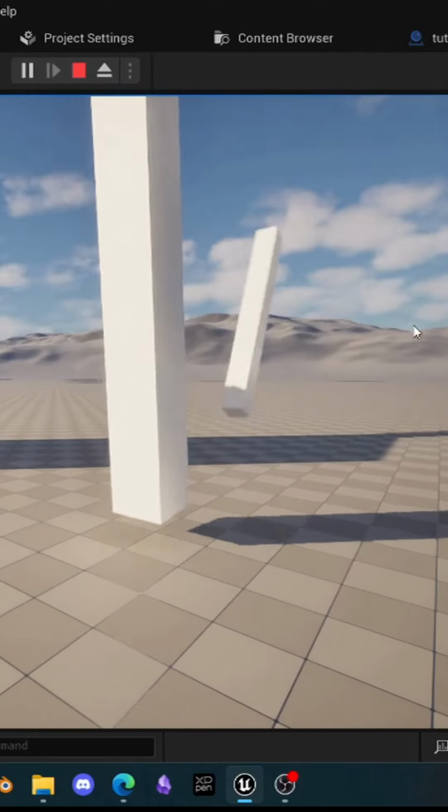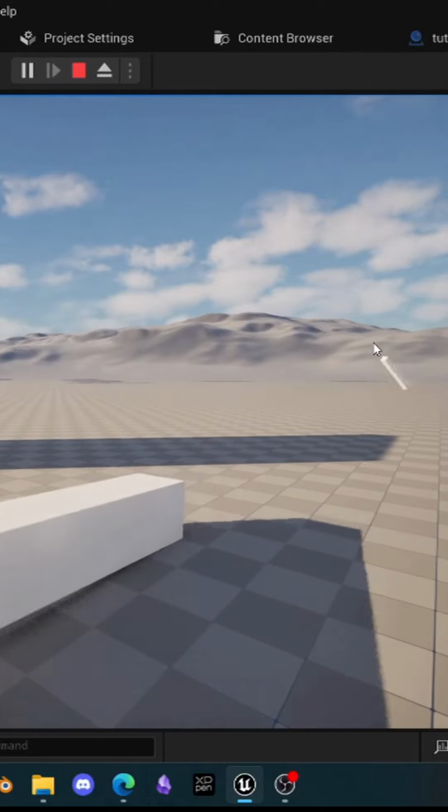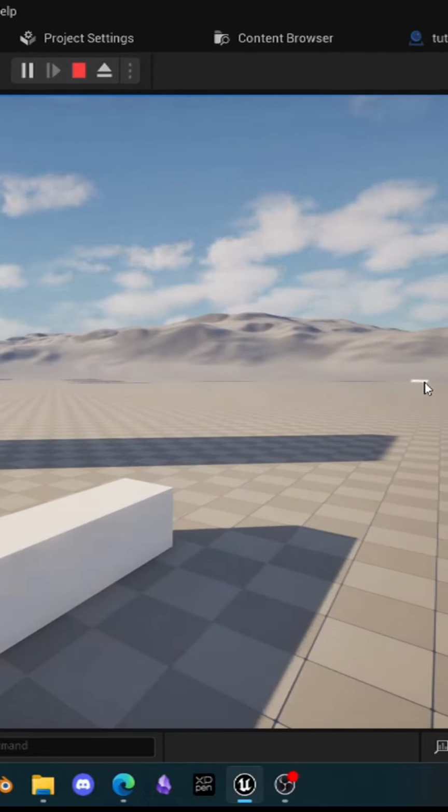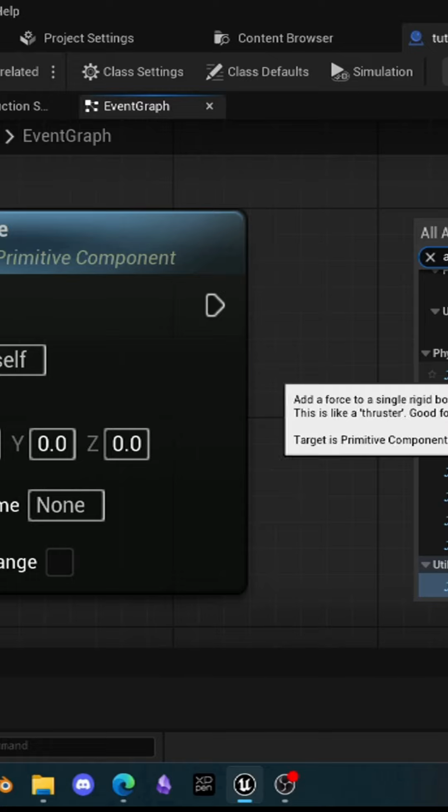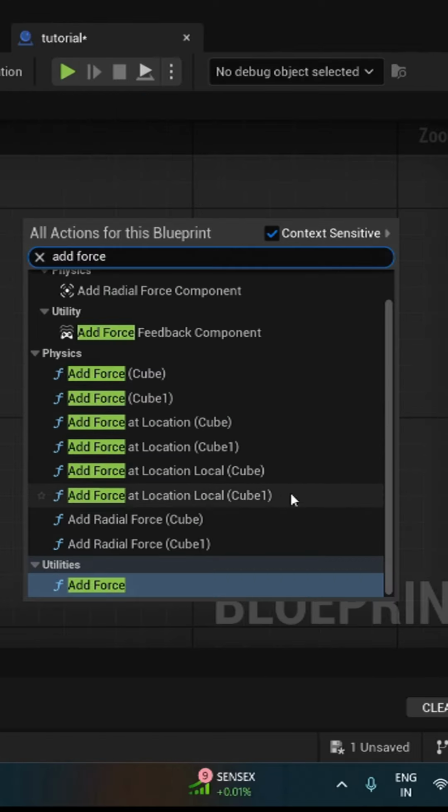So you want to push something gradually, like wind or gravity, that's add force. Force applies continuous motion over time, respecting mass. It's not instant, but it's like a pressure. That's what makes physics believable. And to get this node, just right click and type in add force, and then you will find a few options